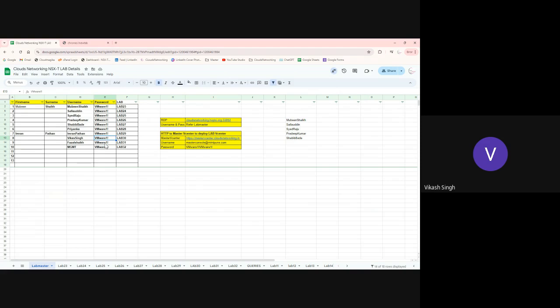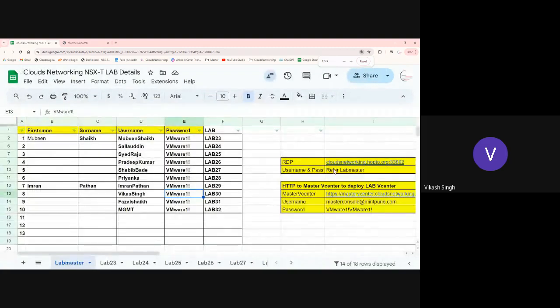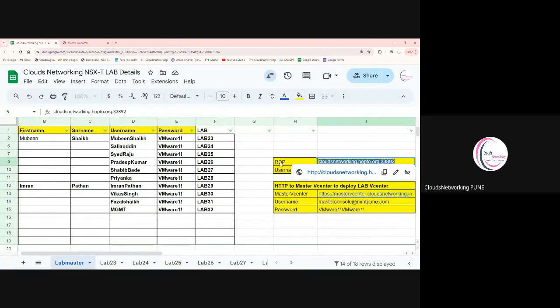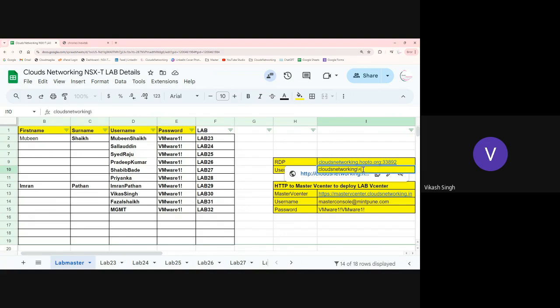टेक्स्ट कैसे मिलेगा मुझे, मतलब काफी छोटा छोटा दिख रहा है। ओके, तो नहीं तो आपको एक्सेल सीट दिया है ना मैंने, आपको क्या करना है, वो एक्सेल सीट ओपन करो ना जो मैंने दिया था, अदरवाइज इसको व्हाट्सएप RDP पे करो, यूज दैट RDP। ये यूजर नेम डालना है आपको, क्लाउड्स नेटवर्किंग स्लैश यूजर नेम। तो यूजर नेम इज विकास सिंह।